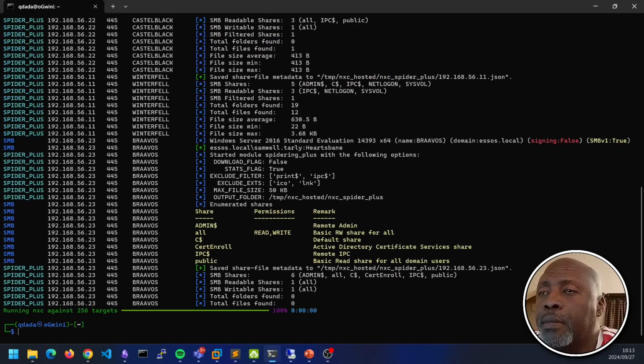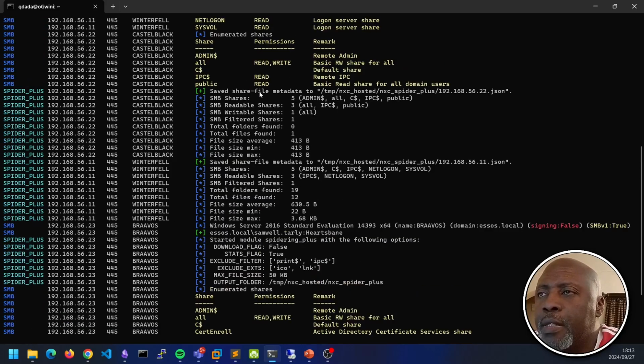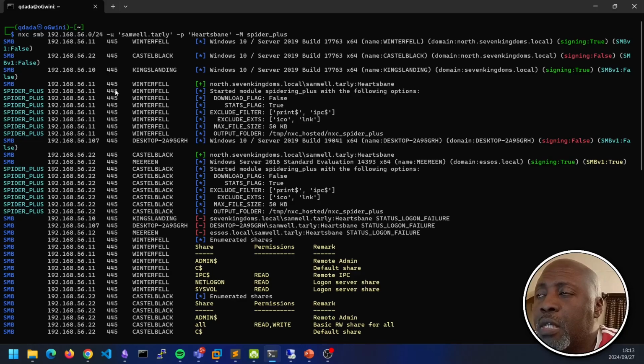It's done. Now what it's doing is, when you scroll back, it says it logged on successfully on .11 and everything that it has found is in that folder there. It did the same for Castle Black.